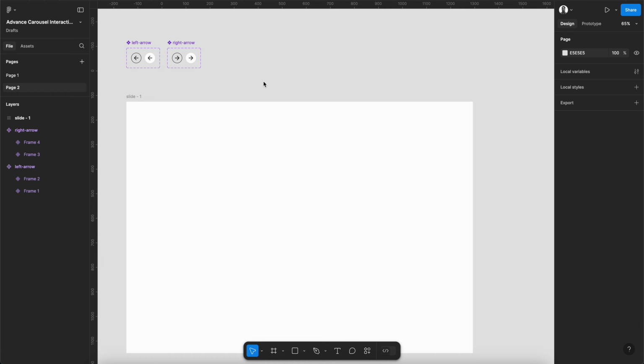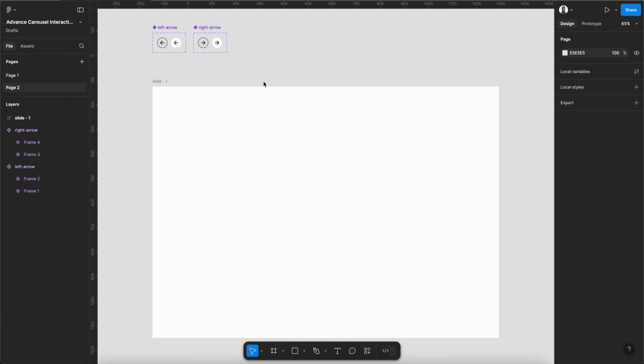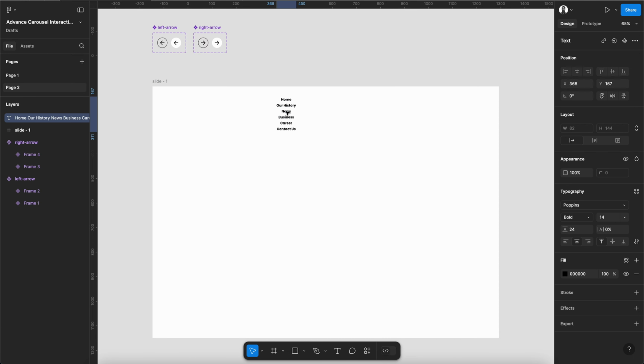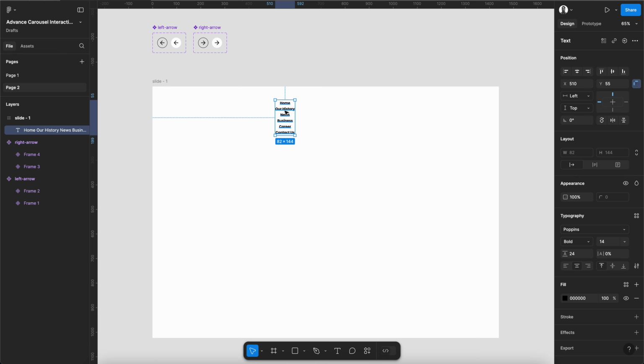So moving ahead, for creating any banner slide, we need some elements like logo, navigation, banner, and banner image content, right? So that we can see that something is changing whenever the image changes, right? So for that, I am pressing T and pasting some text here. I already copied some of the text here